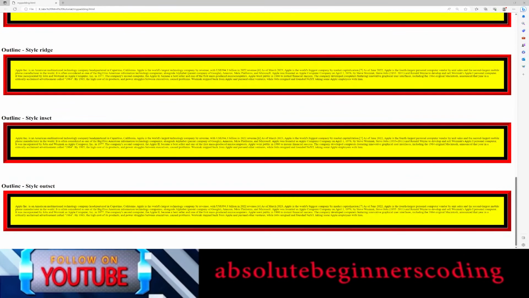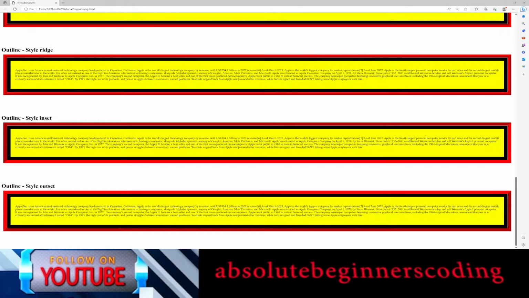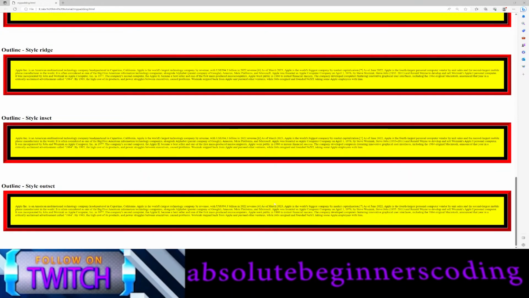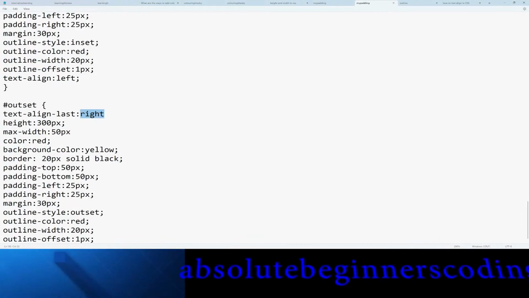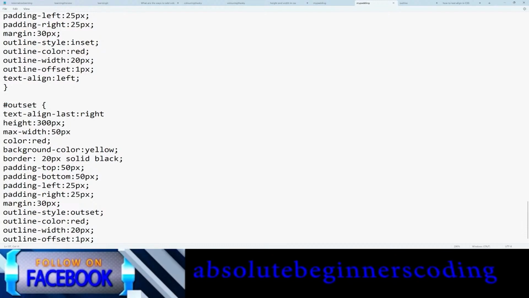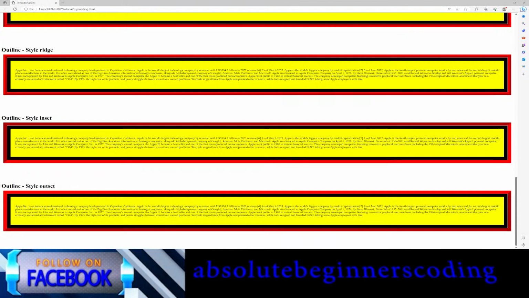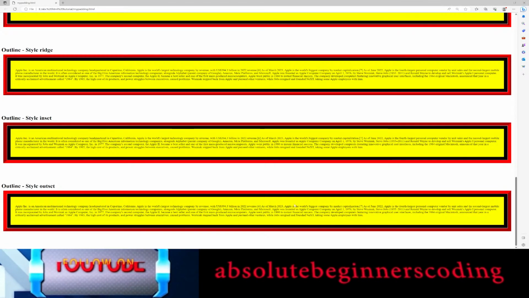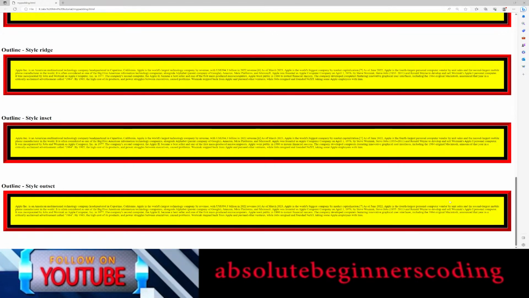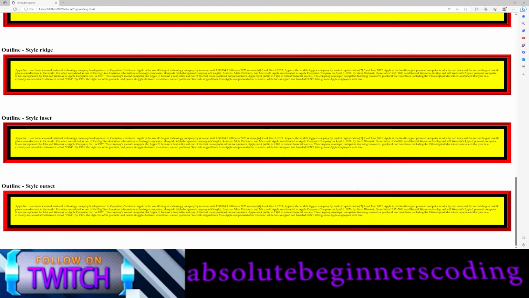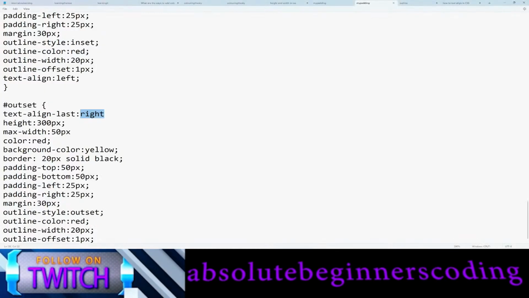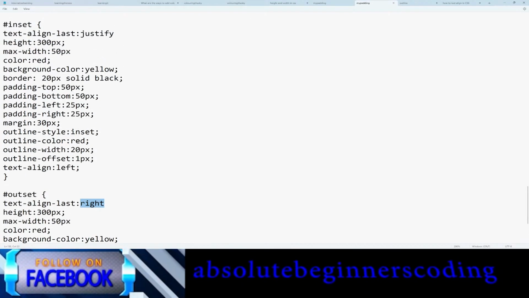in the outset we have used text-align-last, and what happens here, you can see that we have used the right. So in the outset what we have used is text-align-last: right. I think the text-align-last isn't right. Okay, and if we go back, we have used